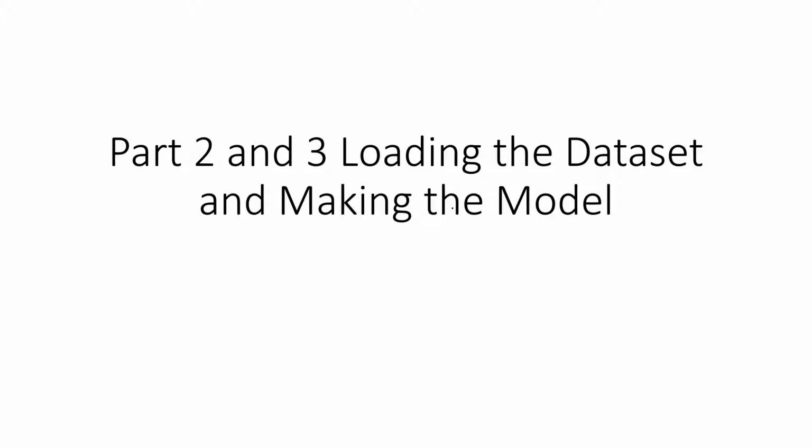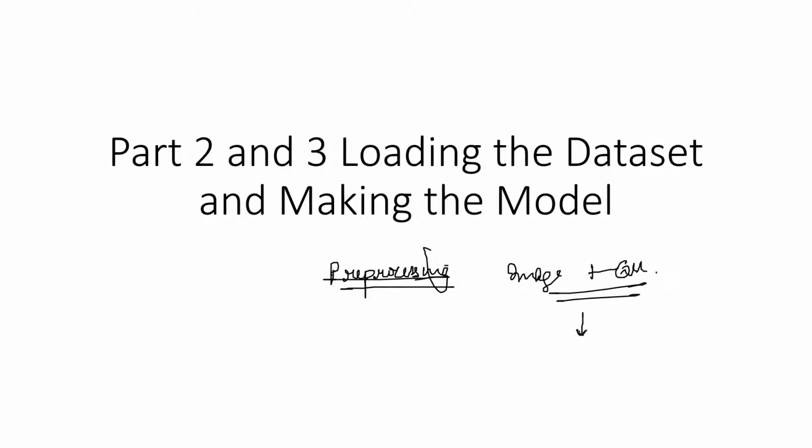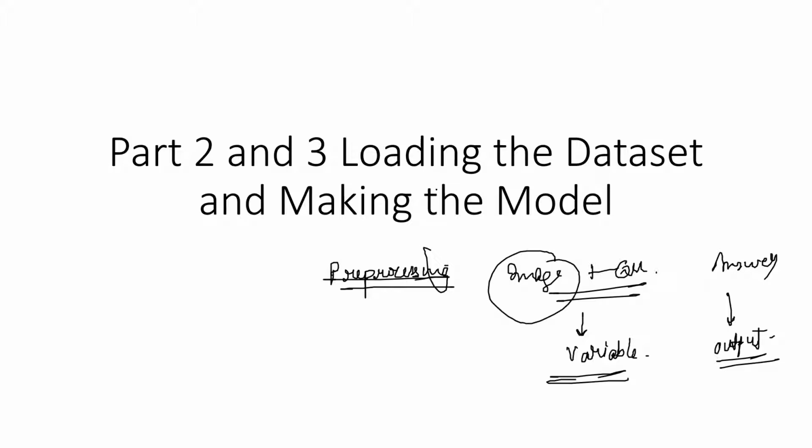Now what we had not done was the pre-processing part of the image. So now our main concern would be the pre-processing part of the image and then combining the image plus the question vector to form the independent variable as termed in supervised learning, and the answer to form the output vector, right? So now first of all, I have an empty slide here.